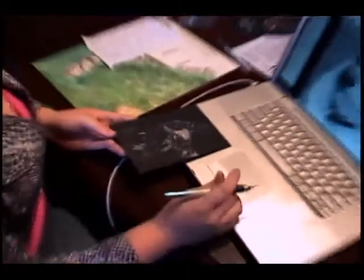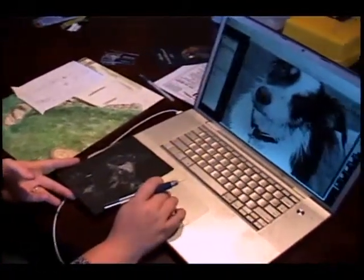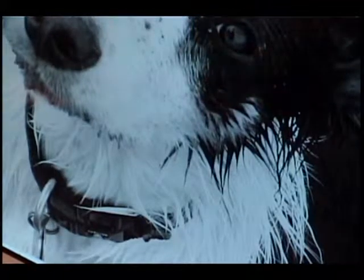Would you ever go back in and, as an example, further up the dog's jawline, below the ear, where you get a lot of the black, the wet black fur above the white, would you ever go back in and begin by just scratching, exposing the white, and then re-ink the black lines to highlight them that way, or would you just work with the white? No, definitely, especially in that area,